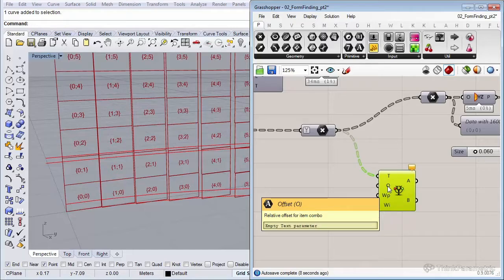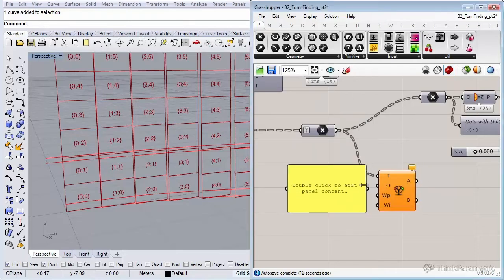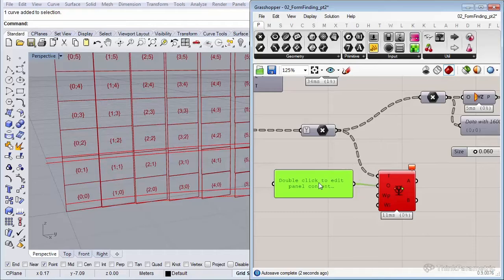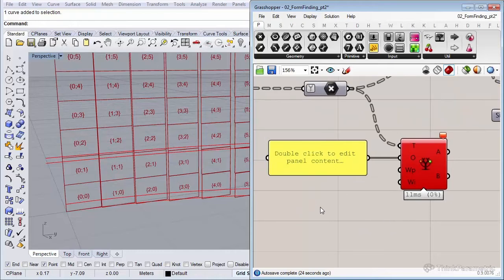So let's insert a panel to it, which we're going to manually insert our offset we want to use. And the WP and WI stands for if you want to have the values wrap around its border, and their default is set to false, and that is what we want to leave them at. In a second I'll show you what it actually means and why we want to keep them set at false.